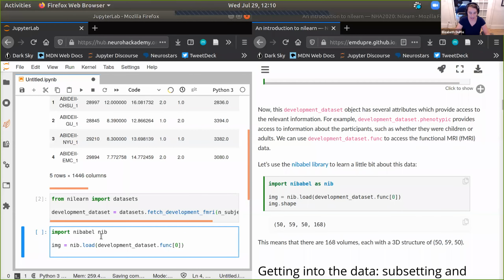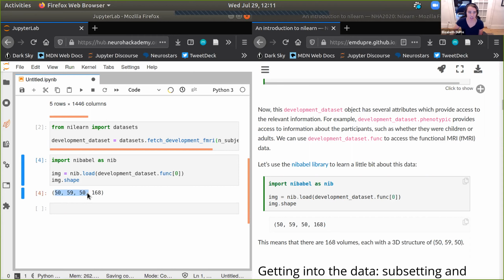And then I can do image.shape. Okay, perfect. So we can see that each volume has a 3D shape of 50, 59, 50, and there are 168 time points for this first participant.